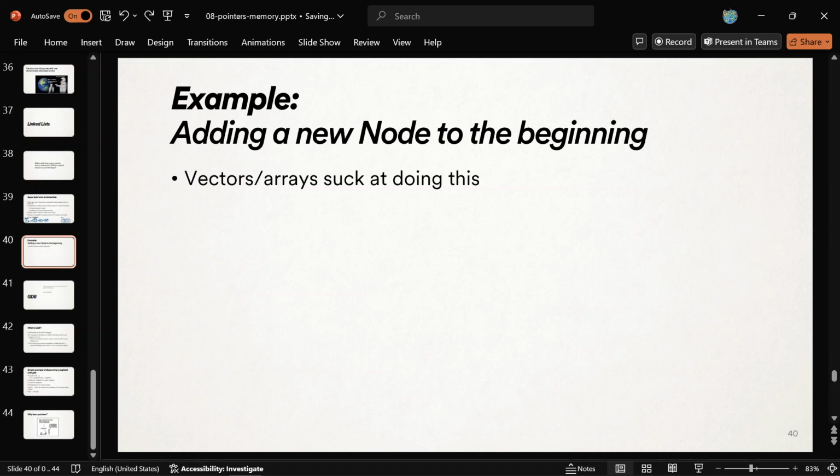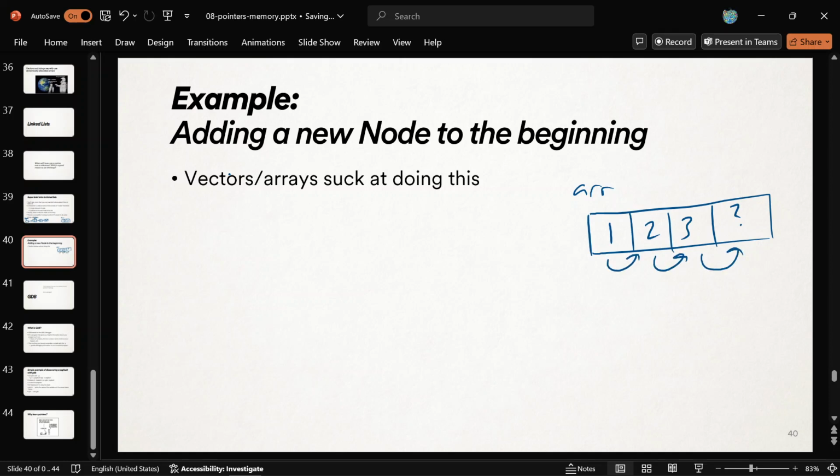So yeah, adding a new thing to the beginning of something is really hard to do with an array. All right, so let's say we tried. First of all, you need enough space. You have to have an empty space slot still. Like this is 1, 2, 3. And let's say I wanted to add a 0 to the start of this array and preserve everything. This gets even worse if the array is longer, right? I need to move the 3 over here, move the 2 over here, move the 1 over here, 3, 2, 1, to open up space at the beginning, and then I can put a 0 at index 0. That is a lot of work. I have to loop through the whole array. Disgusting. Whereas, if I did this with this linked list thing,